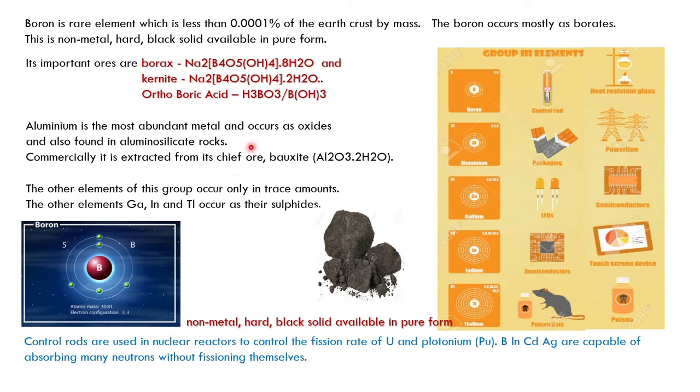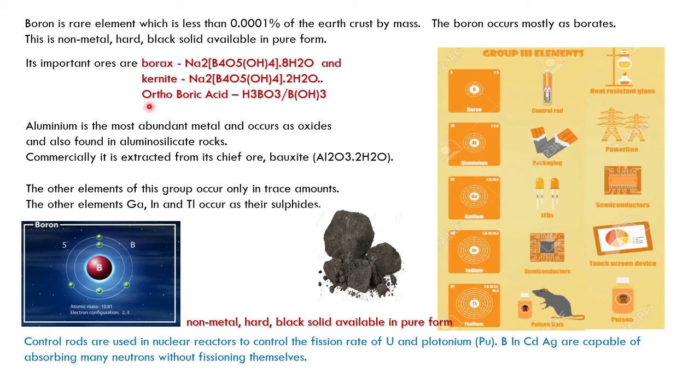After that we'll see the structure of boron, the electronic configuration of boron. Its atomic number is 5. Innermost orbit has 2 electrons, and the outermost orbit has 3 electrons. These 3 electrons will take part in the reaction, and based on that the chemical behavior of boron will be determined.